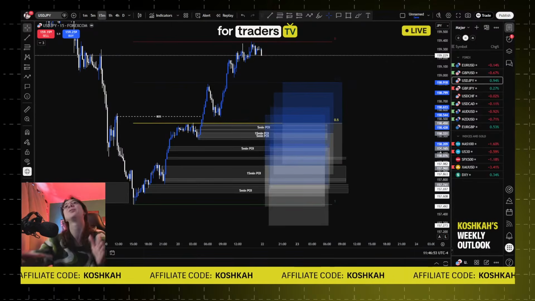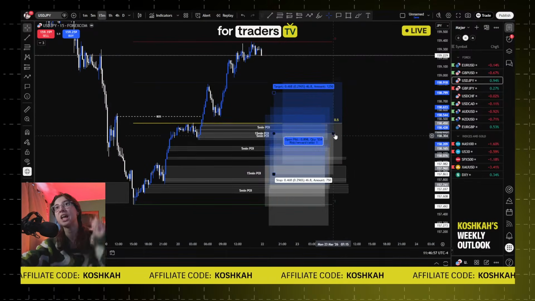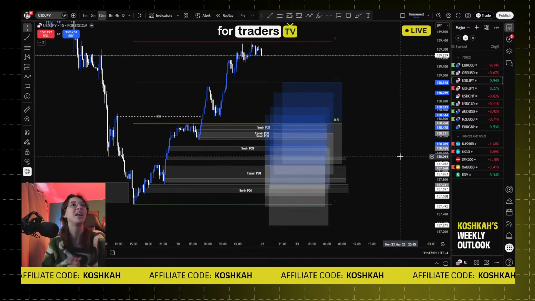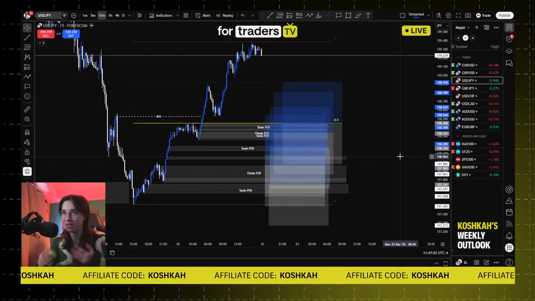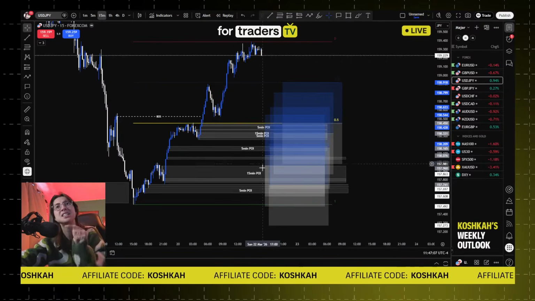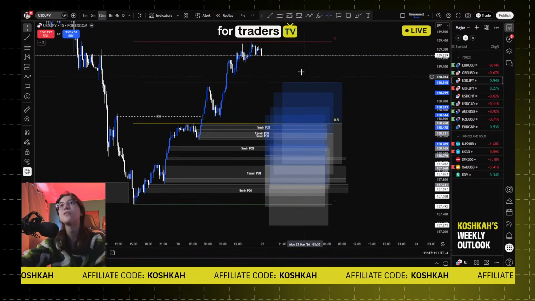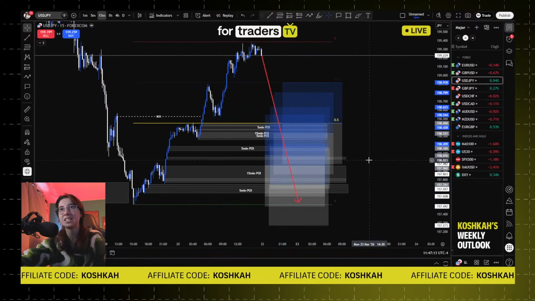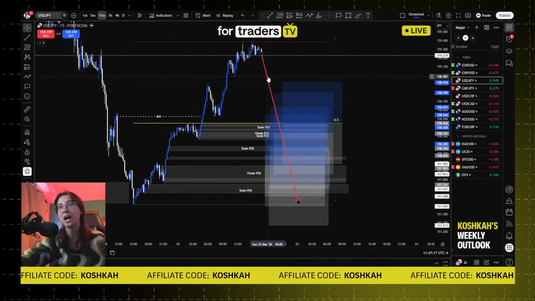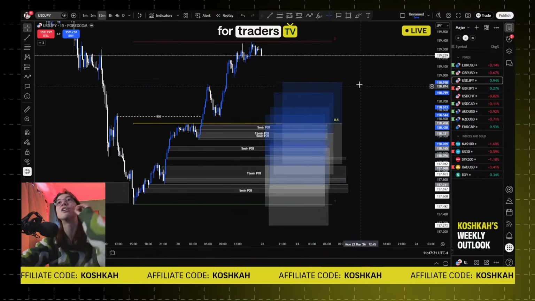Why would you be entering every single level that you think there might be a reaction without any further confirmation? And I've seen a lot of people doing that. A lot of people send me screenshots and say, okay, I found all my POIs, I have this, so I'm going to enter here. No, if everything just drops down like this, bam, 5 losses in a row. Do you want to have 5 losses in a row? I don't think so. So that's why you need to always wait for a confirmation.